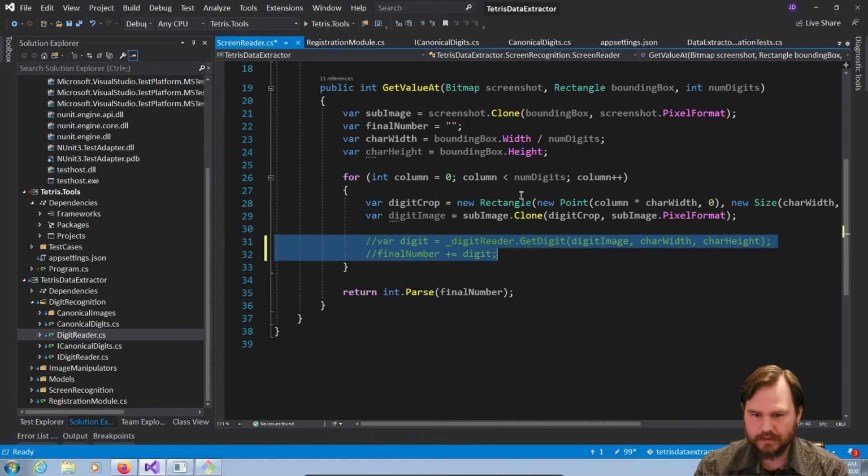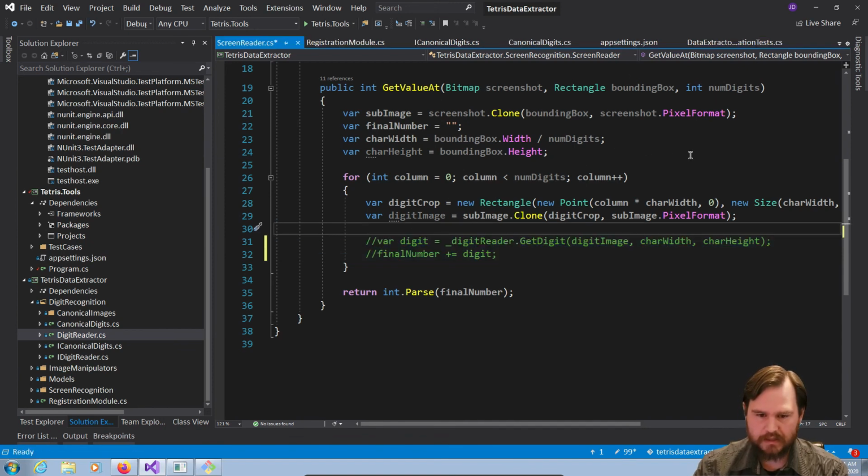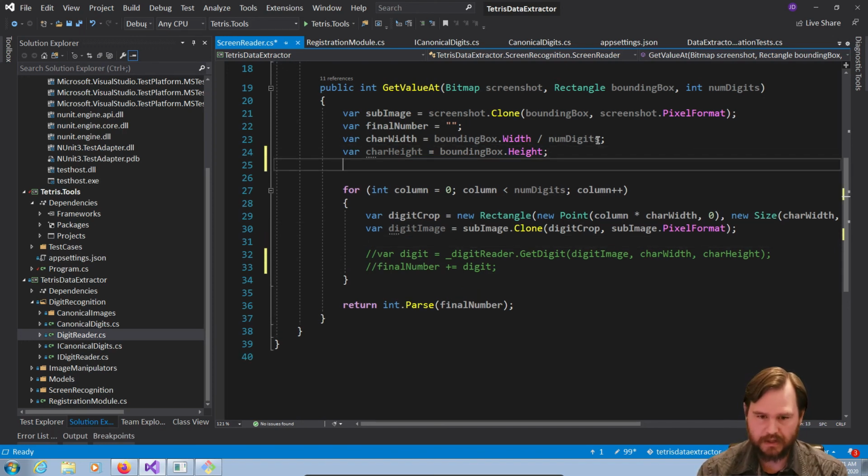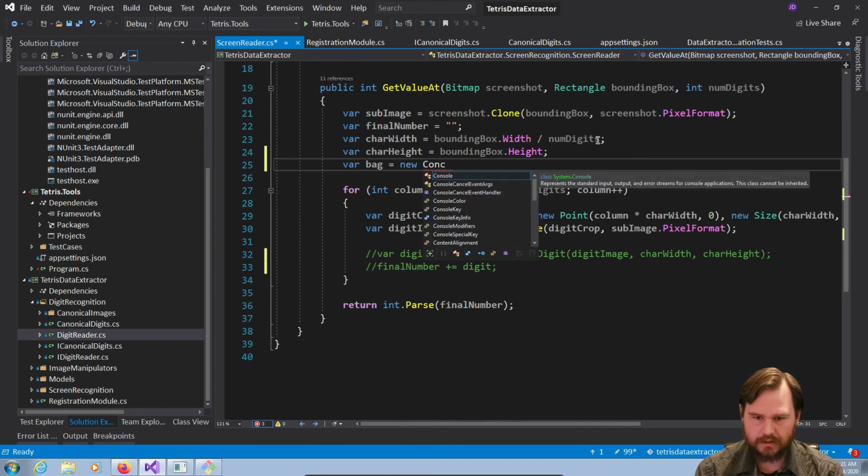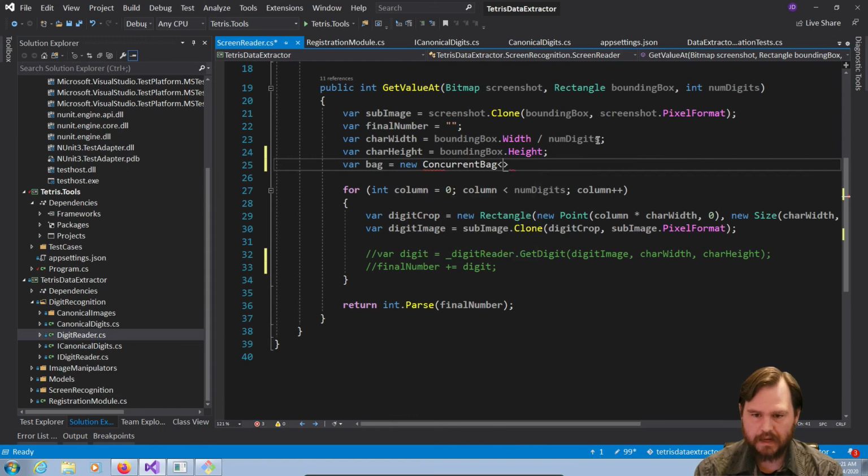What we're going to do is the loop is going to create a dictionary. So we're going to have our dictionary. Actually, no. A bag equals new concurrent bag